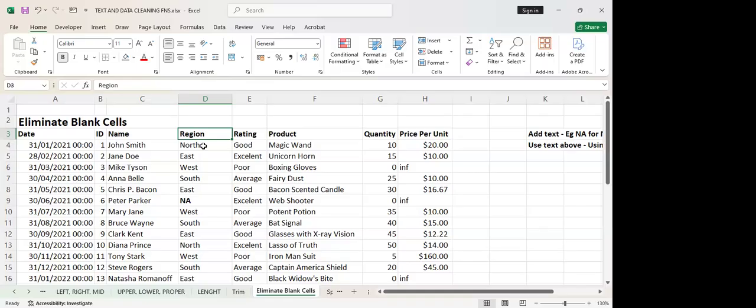Yes, sir. Most times when you tell people to fill a form, except you insist, the way it is on Google Form, that this row is compulsory, some people will fill half of the form and leave the other half. It happens very often. So you can't go through row by row filling all the regions. You can, for example, just select the whole region, go to special, select all the blanks in region, and put not available, so that when you're analyzing this data,